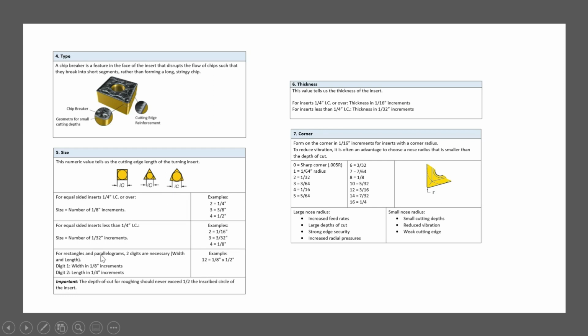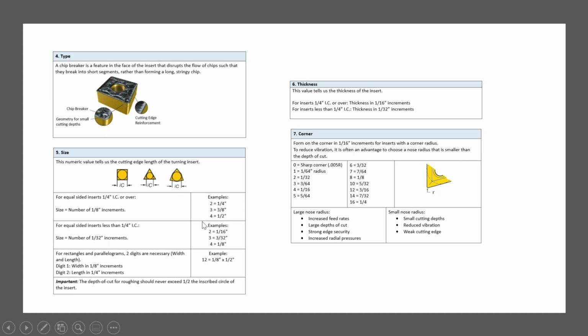For rectangles and parallelograms, 2 digits are necessary, digit 1 and digit 2. Digit 1 refers to width in 1/8 increments and digit 2 to length in 1/4 inches.